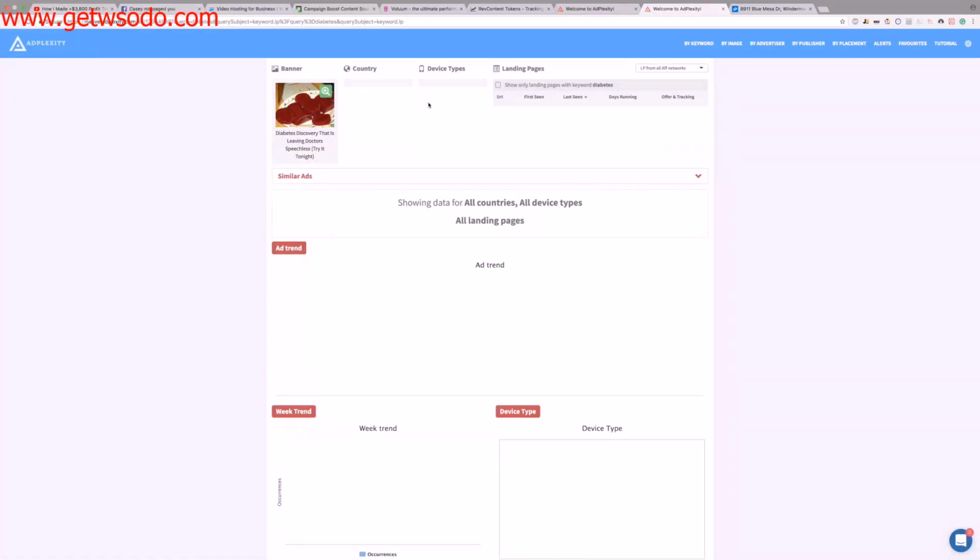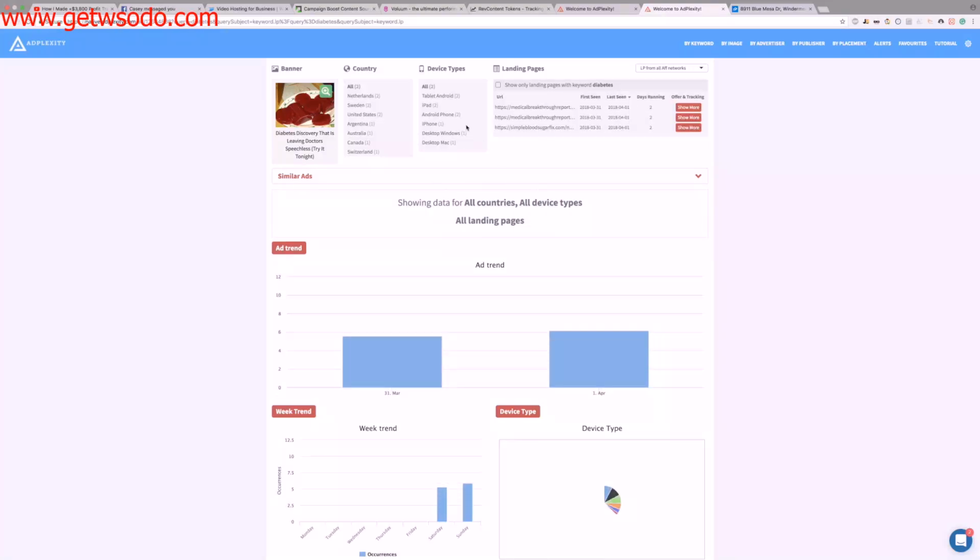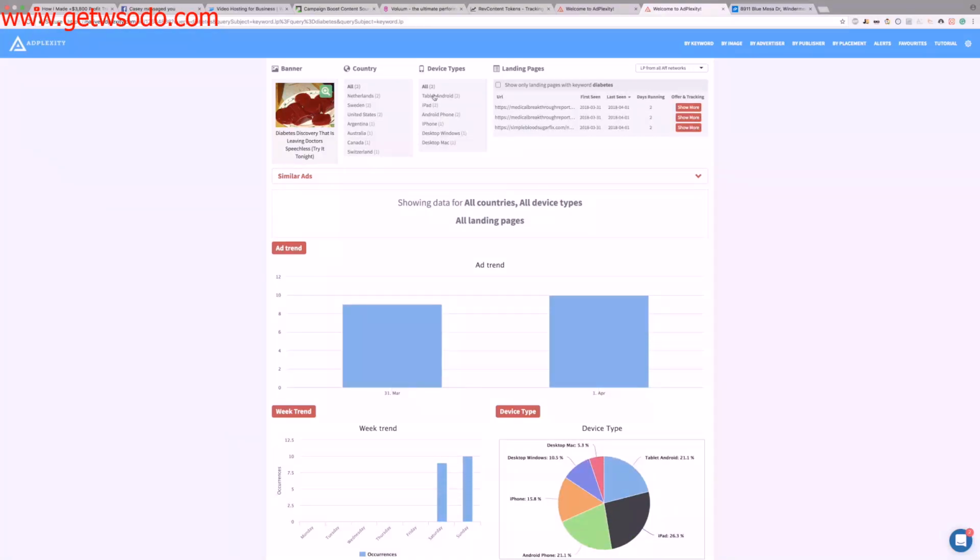I'm going to be showing you exactly how we can start to get some data here. So it looks like they're actually running the majority of this on tablet, and they're running this campaign across a wide variety of geos. So it looks like they're running in the Netherlands, Sweden, the United States, and a little bit in Argentina, Australia, Canada, and Switzerland. So it looks to me that the United States is still pretty strong. So if we click on that and we come over here